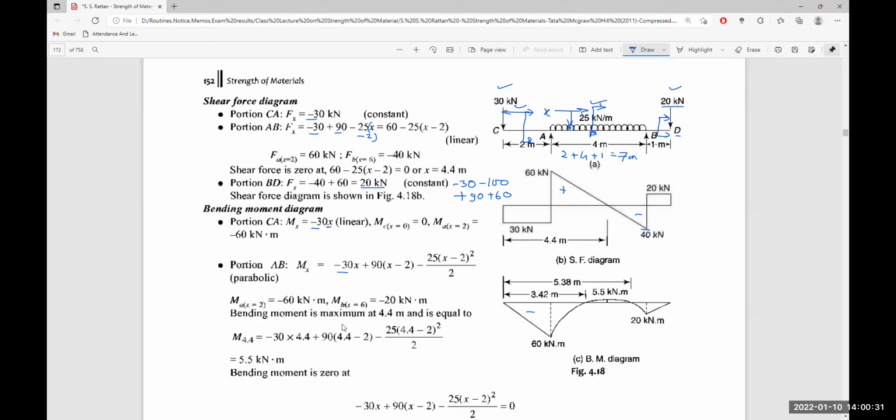And if we put x is equal to 2, at the point A, it will be equal to minus 60 kilonewton meter. This term is 60, this is 0, this is also 0. So minus 60 kilonewton meter is the bending moment at the point 2. So we have the same bending moment here which I have already calculated in our earlier calculation. Then the bending moment will be maximum at